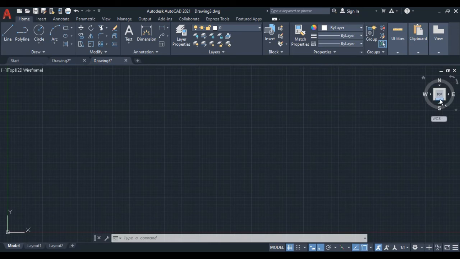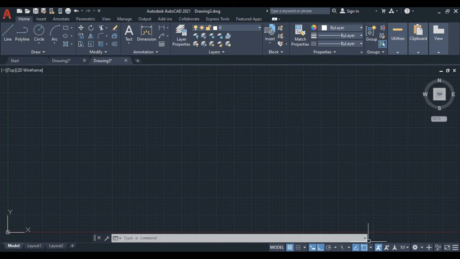In every one of the 6 types of views you can see your object, and also towards the southwest, southeast, northeast, and northwest directions. Anywhere you can see here.